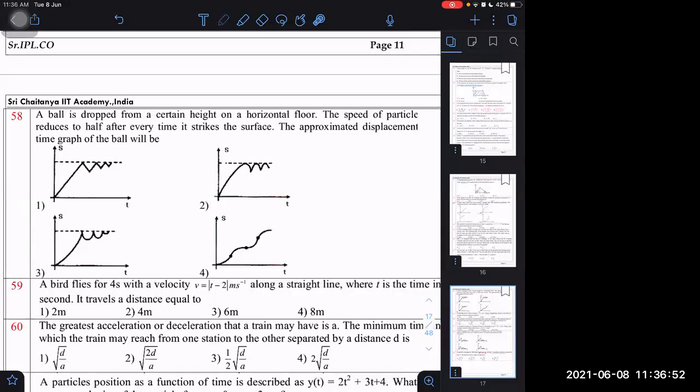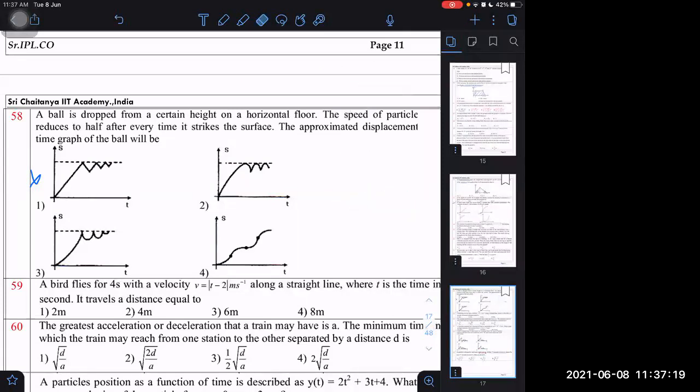Option 1 will be the first to be rejected. It is accelerated motion. For accelerated motion, I have told you the graph of S versus T is not a straight line but a parabola, because we know for uniformly accelerated motion the relation is ut plus half at square. There is a variation proportional to t square. How can the graph be a straight line? It is not possible for the graph to be a straight line.